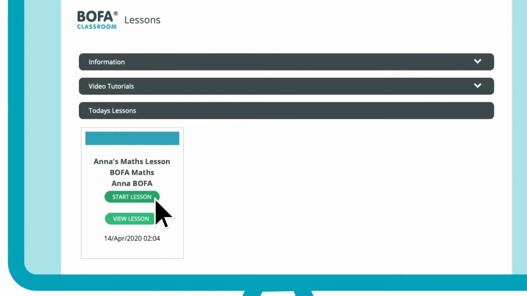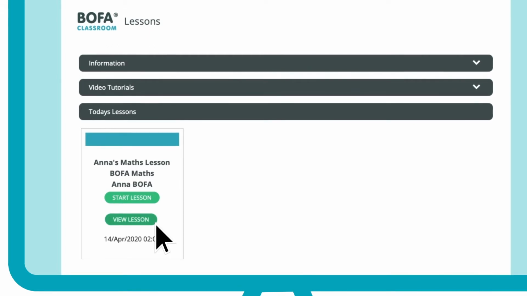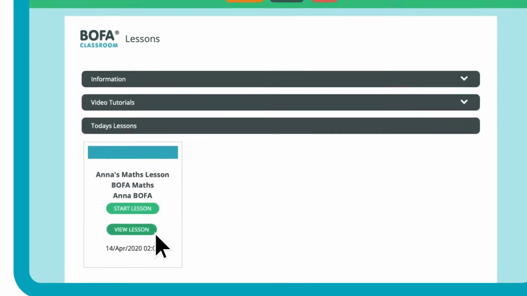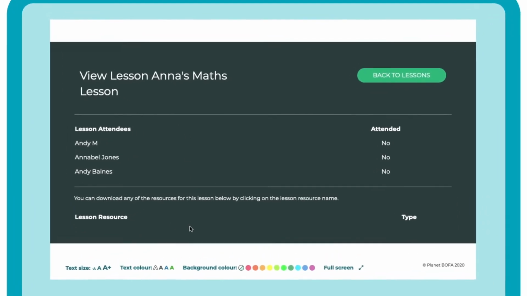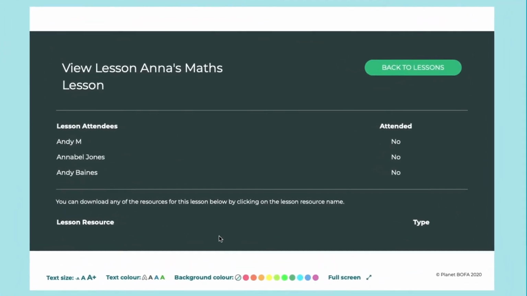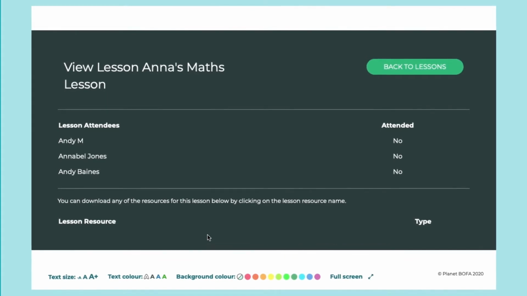There are then two clickable options, Start Lesson and View Lesson. These green buttons will only be shown if a lesson invitation has been sent by the teacher. If we click View Lesson, we can see which other pupils have been invited to the lesson and also get access to the lesson resources with the option to download them. Teachers can upload lesson resources here for pupils to look at in advance, or attach homework here for pupils to